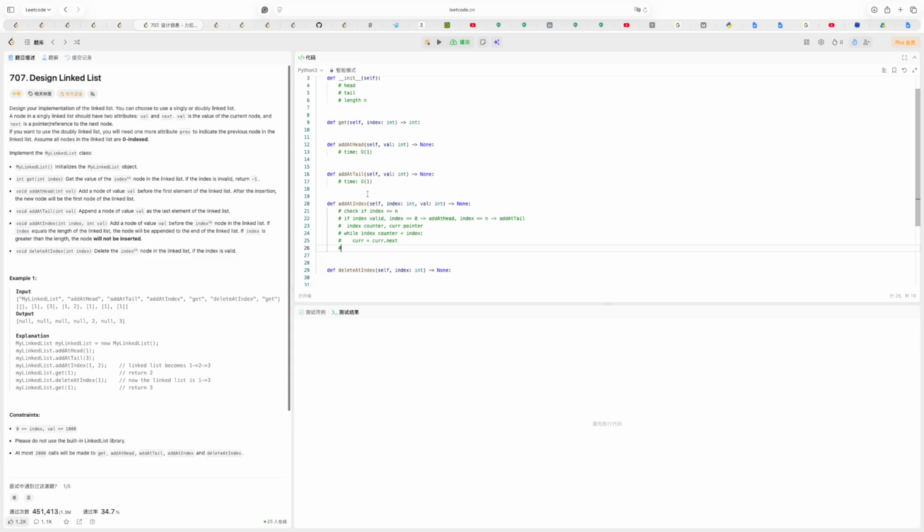After we exit the while loop, index counter will be equal to index, then index counter plus 1, and after that we will add a node